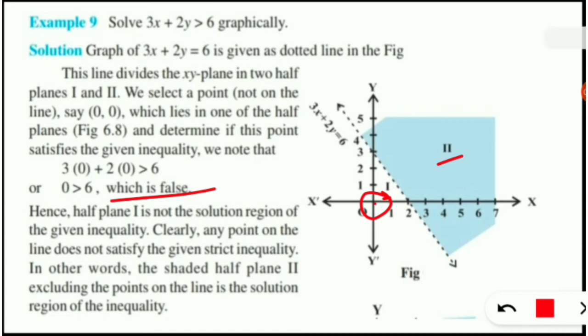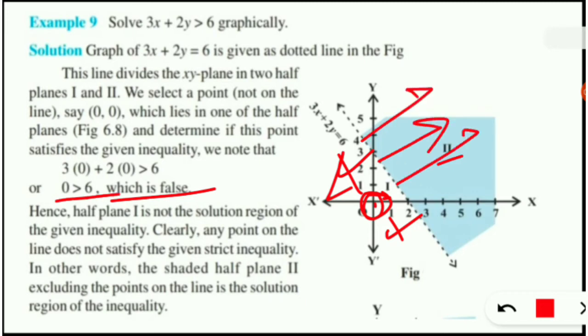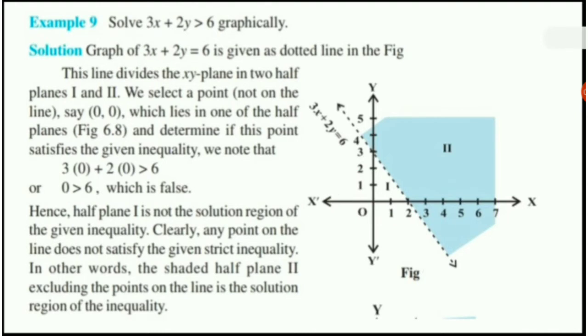So here is the origin (0, 0), but the point (0, 0) lies on the plane 1 and does not satisfy the inequality. That means definitely the upper half plane is the required region. Clear? So again, remember that